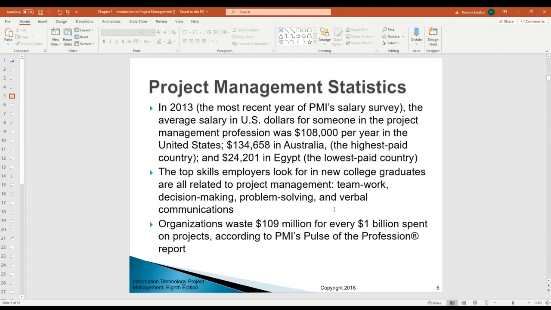So what do you think is the answer? Somebody? How much time, on a scale of 1 to 100, does a project manager spend communicating? Is it 20%, 40%, 60%, 90%? I hear 80%. Yeah, that's very good. It's actually 90%. Project managers spend 90% of their time communicating,